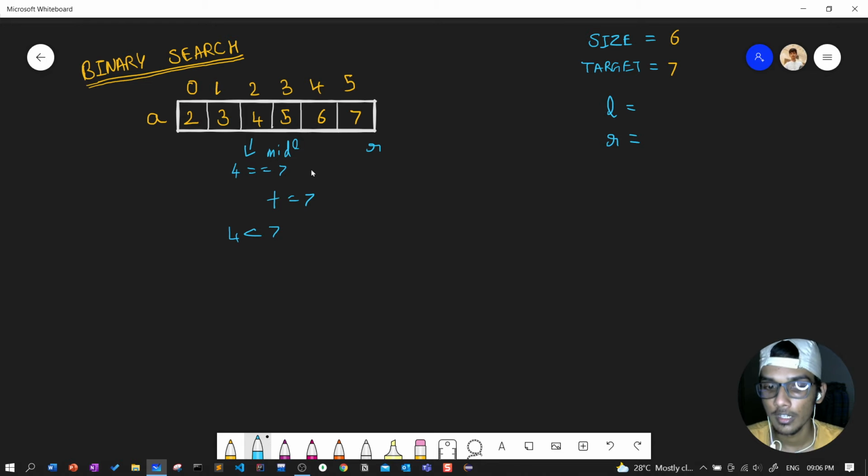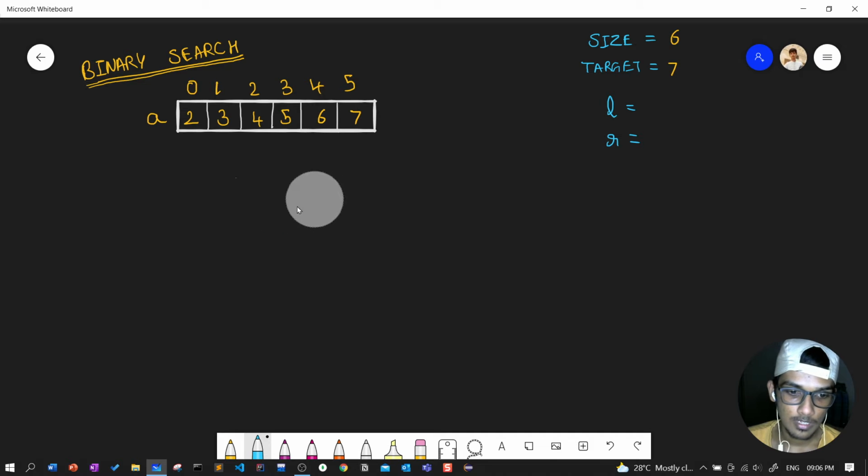We know we have the smallest things at the left side and the greatest things at the right side. So it's very easy to find an element, but the array needs to be sorted before searching. Only then will binary search be satisfied and return the correct value. If you have an unsorted array, it will return an unconfirmed answer, meaning a wrong answer. So now we have the target as 7.